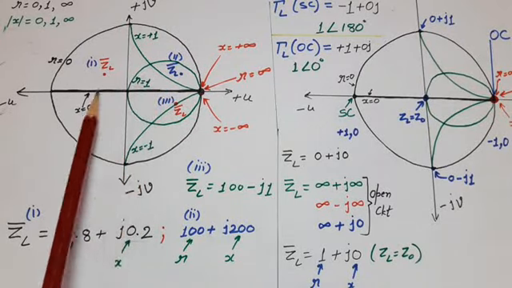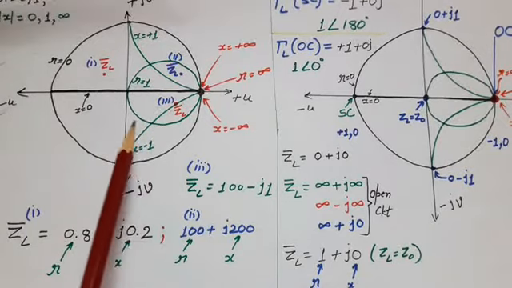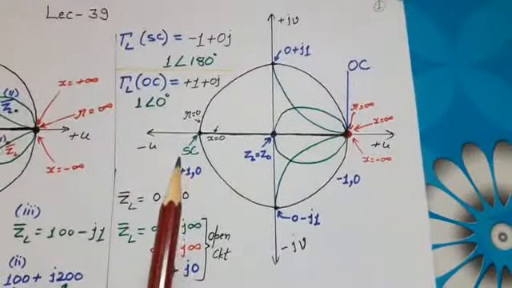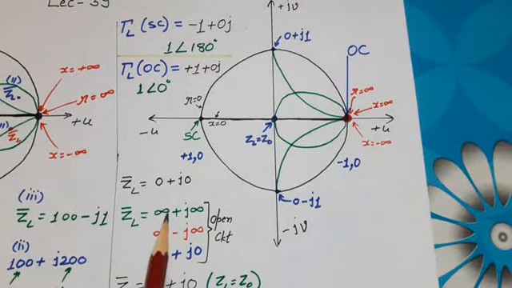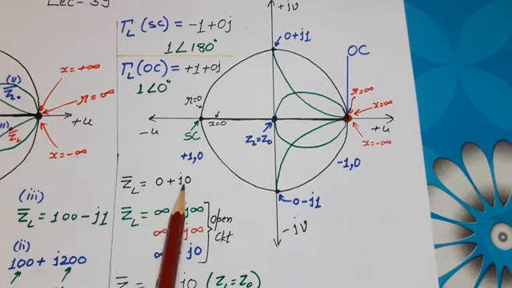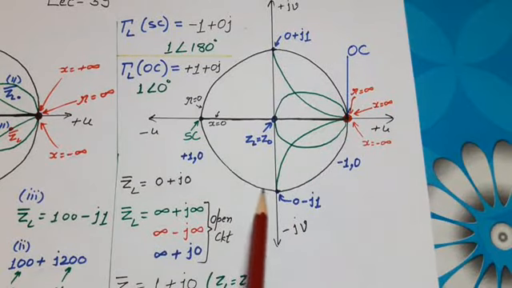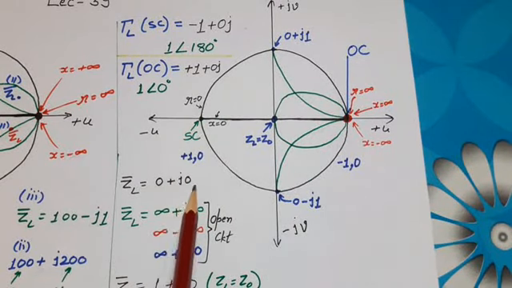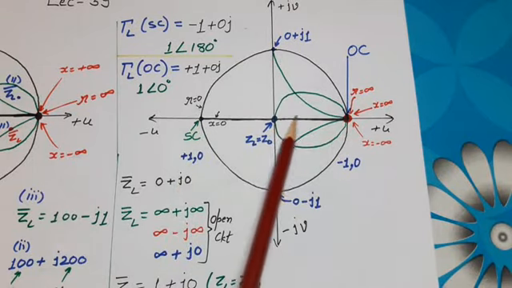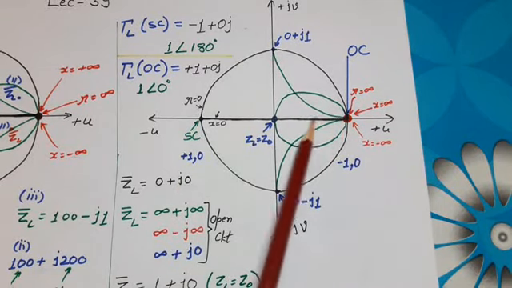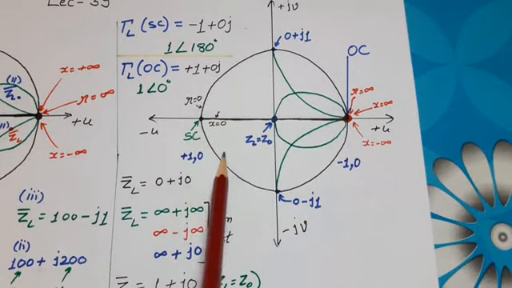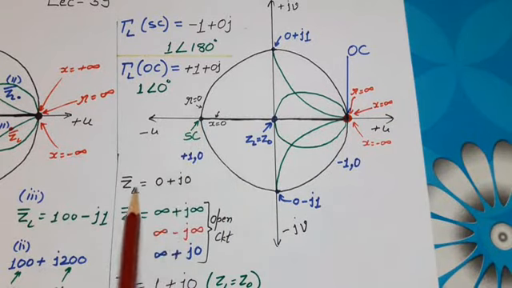After learning this, now we mark some important normalized load impedances in the Smith chart. Those important normalized load impedances are, first, ZL bar equal to 0 plus j0. 0 plus j0 means both R and X are 0. So this is the short circuit condition, or we can say short circuit load. To mark this, first we find the R equal to 0 circle. This unit circle corresponds to R equal to 0. Now we find the X equal to 0 circle. This line from here to here corresponds to X equal to 0. So the unique intersection point is this point. So this point corresponds to the short circuit load.